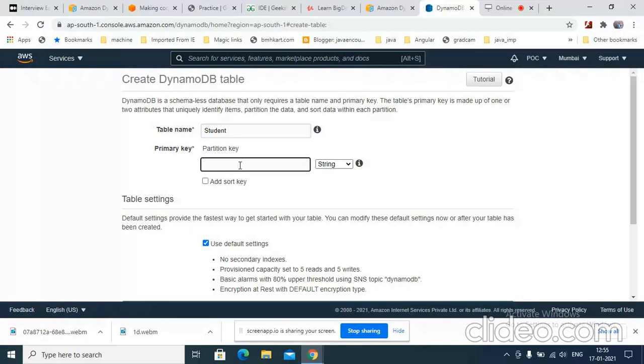The same way, the partition is just the hashed key of the primary key. That is enough for understanding to proceed with our demo. Here I will give one partition key as the primary key, an ID column, and let's take it as a number. Right now I'm leaving the sort key; I'll come to this later.